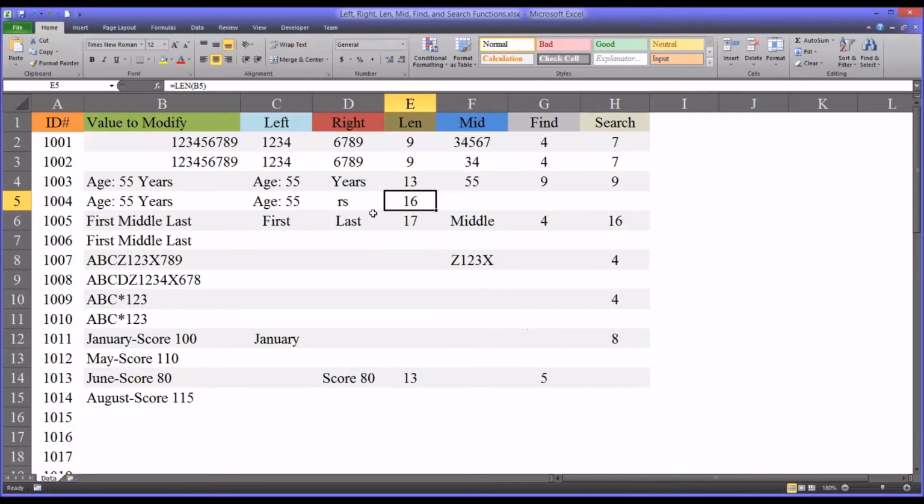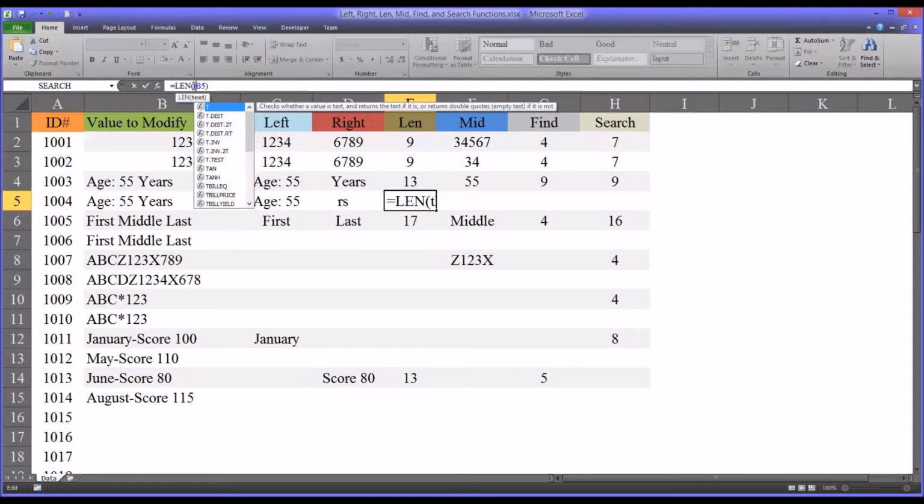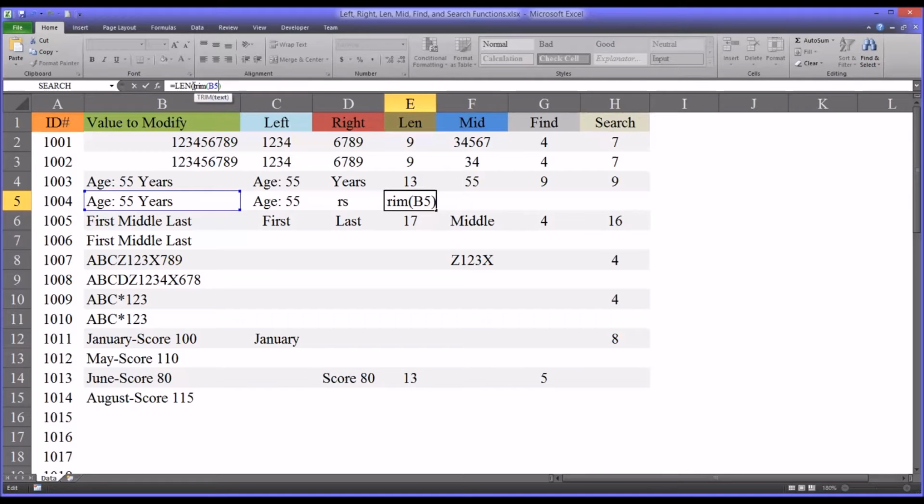So Excel has a convenient function to address this issue. It's the trim function, and I'll just incorporate it into this function I already have here in length. So it'd be length and then trim B5. And you can see now it returns the 13 because trim will remove all the additional spaces at the end